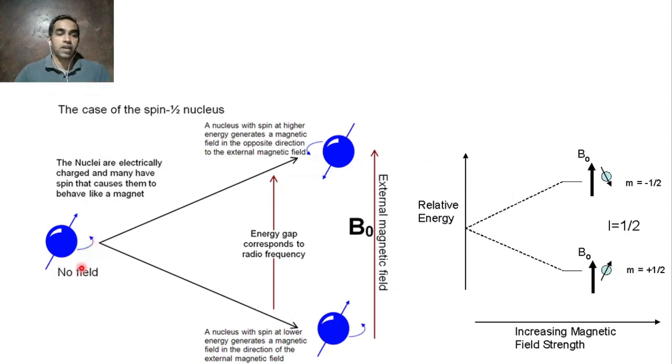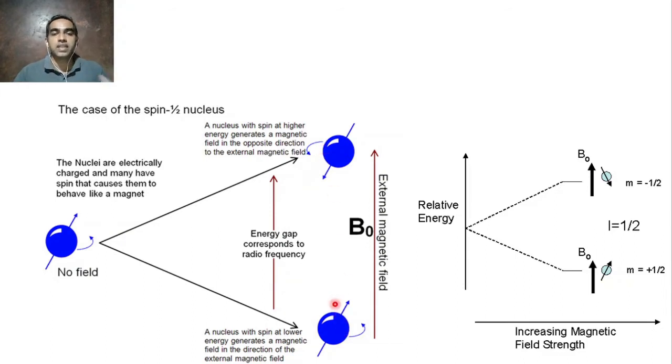In the absence of an applied field, it rotates in one particular fashion, and when you apply an external magnetic field, the protons either precess in the direction of the field or in the opposite direction of the field. You can see it here. So there will be an energy gap. Now we have two states. One is in the opposite direction, which is at higher energy. One is in the direction of the magnetic field, which is at lower energy. The energy required to go from one to the other is called the energy gap.